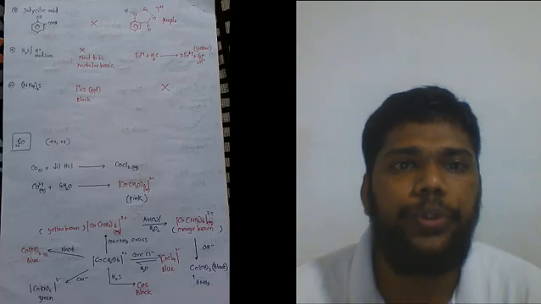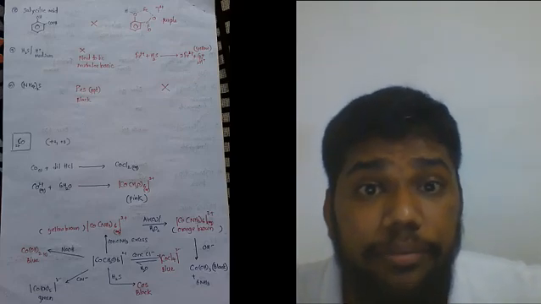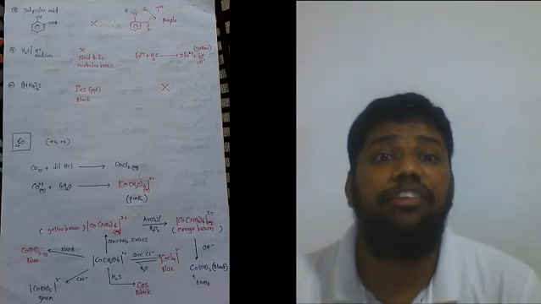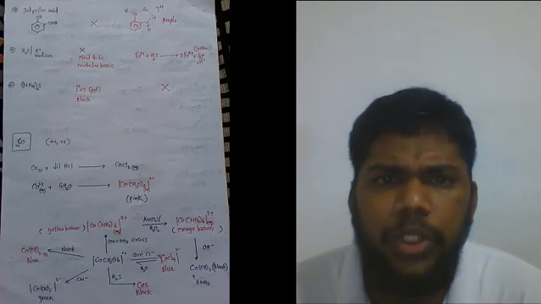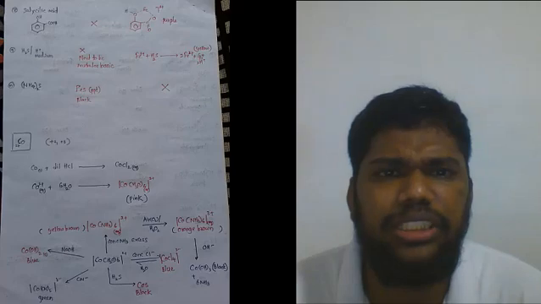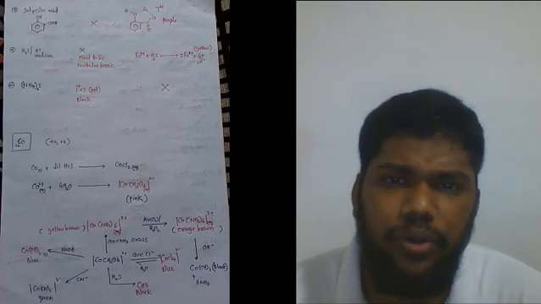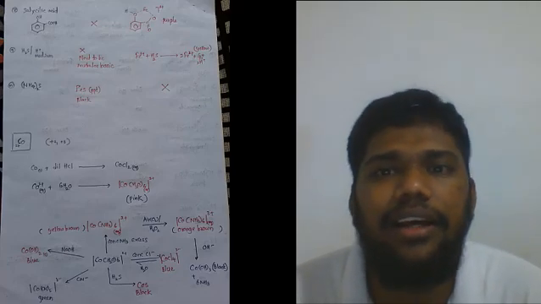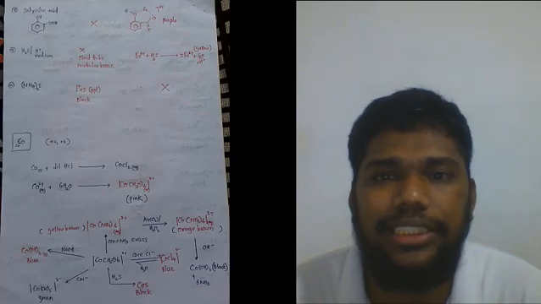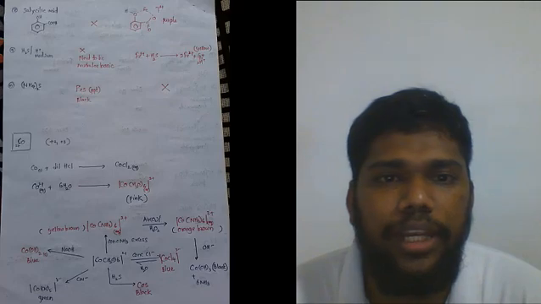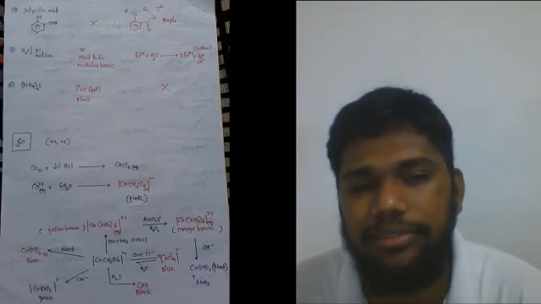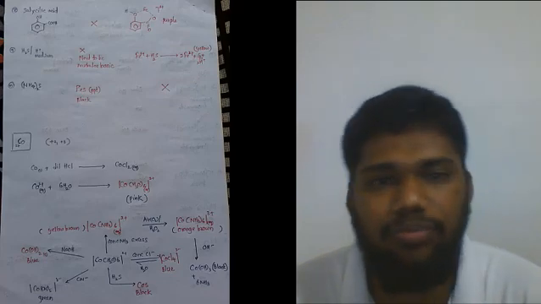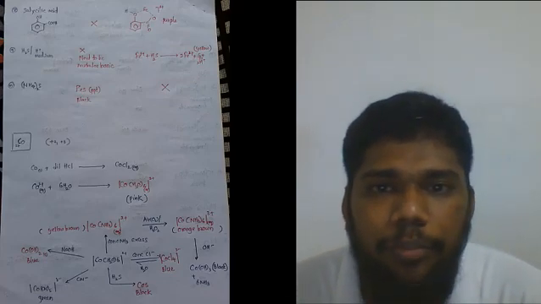Then H2S in acidic medium. So FeS cannot form with Fe2+, because Fe2+ needs a basic medium, because its Ksp value is very high. But Fe3+ can show oxidation reduction reactions to form sulfur. Then ammonium sulfide, make sure you know that FeS precipitate is formed. That means sulfide is there, ammonia is making the solution basic, so it can form,